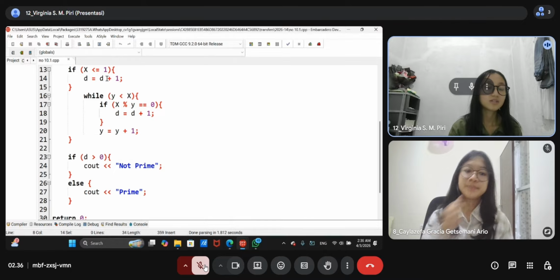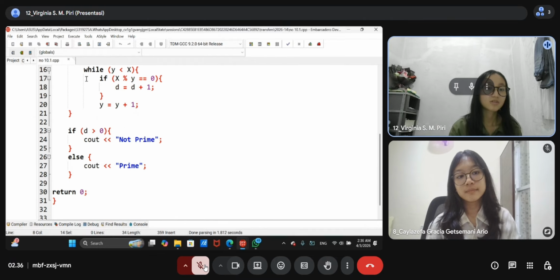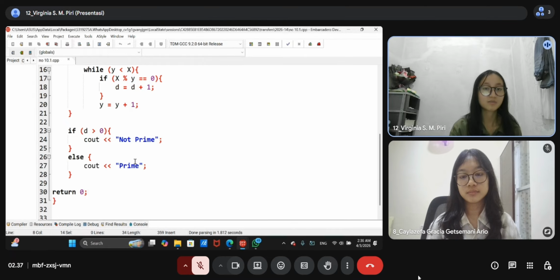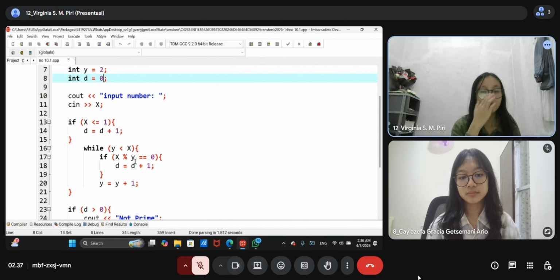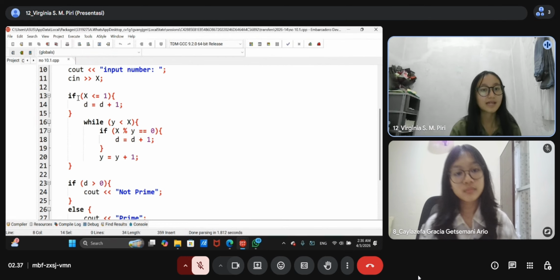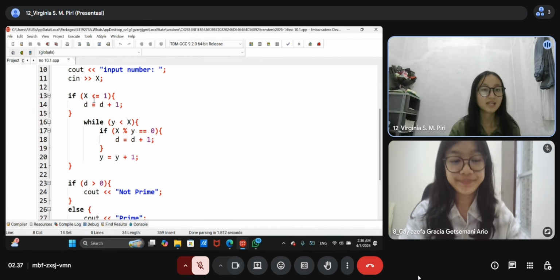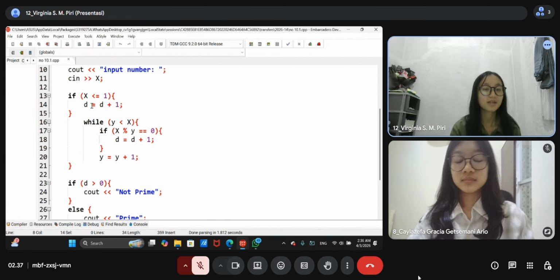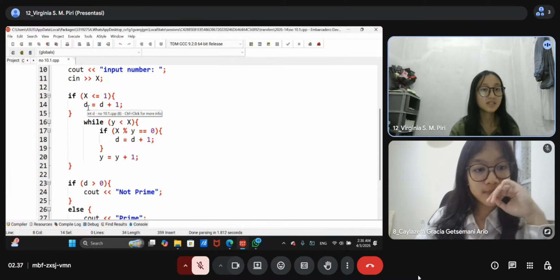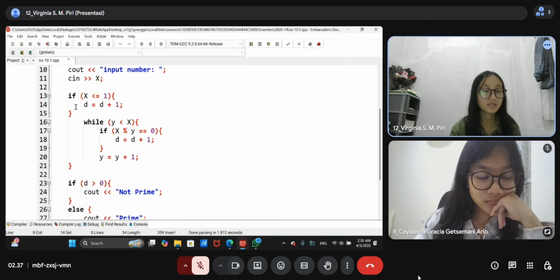And then we will use this 0 stored in d to compare whether it is selected as not prime or as prime. Okay, and then we ask the user to input a number, and then we use a decision: if x is less than or equal to 1, then we store d plus 1 to d, and then we close this decision.